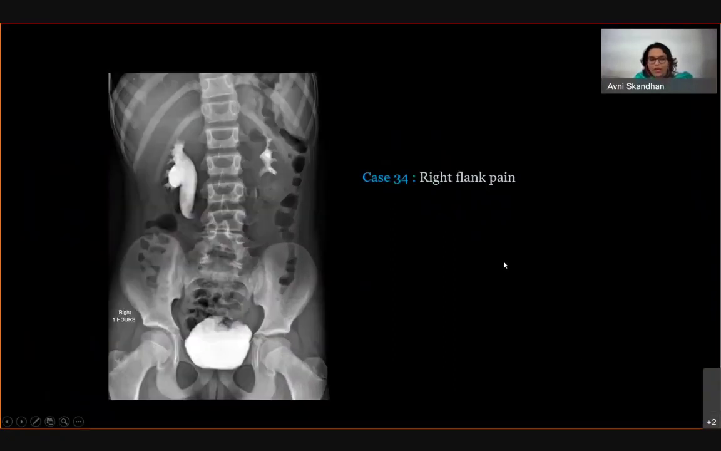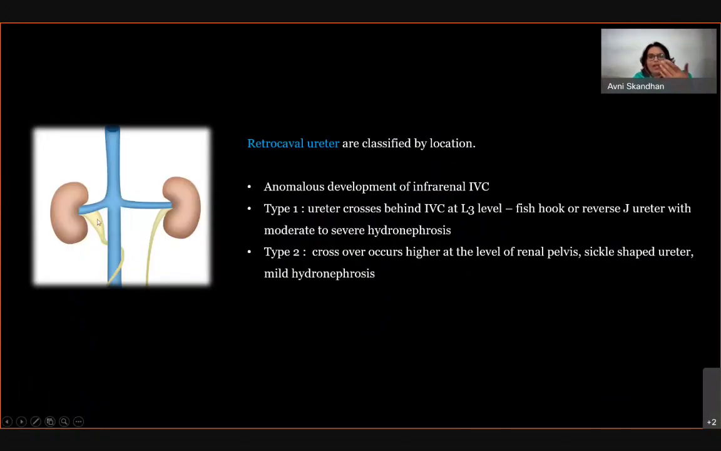Yes, ma'am. So this is the retrocaval ureter, and that is when it is the reverse J. We describe it as the reverse J. I did not get time to describe it. Ureters normally go parallel to the large vessels, the aorta and the IVC. In the retrocaval ureter, it goes behind the IVC, so it gets kinked at that point. So you tend to have a dilated system